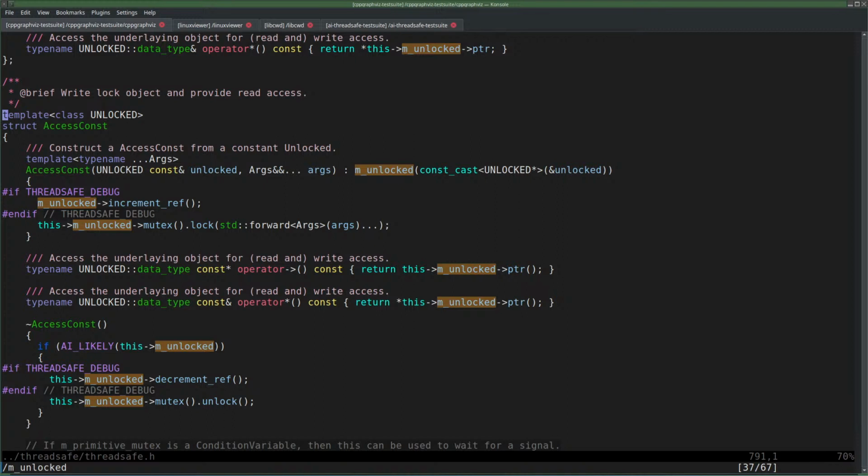Then the base is pointing to the base class of what we wrap, so that I can only get access to that, and that would be the pointer thing here. And that is the data type is the base pointer. And I'm totally happy.